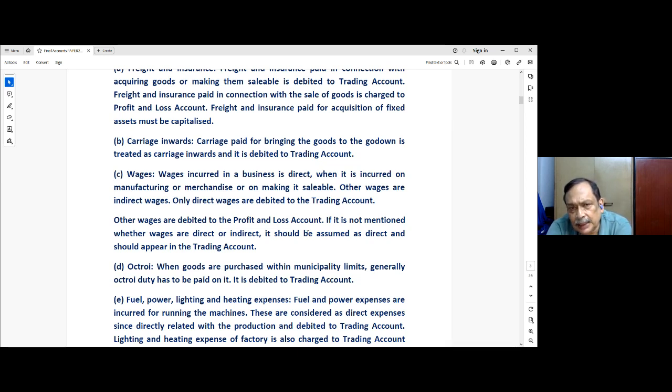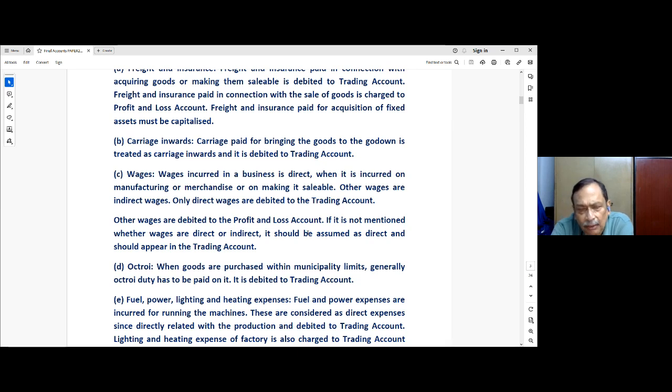Now, wages incurred in a business are direct when they are incurred on manufacturing or merchandise or on making it sellable. Other wages are indirect wages. Only direct wages are debited to the trading account. Other wages are debited to the profit and loss account. If it is not mentioned whether wages are direct or indirect, it should be assumed that they are direct and should appear